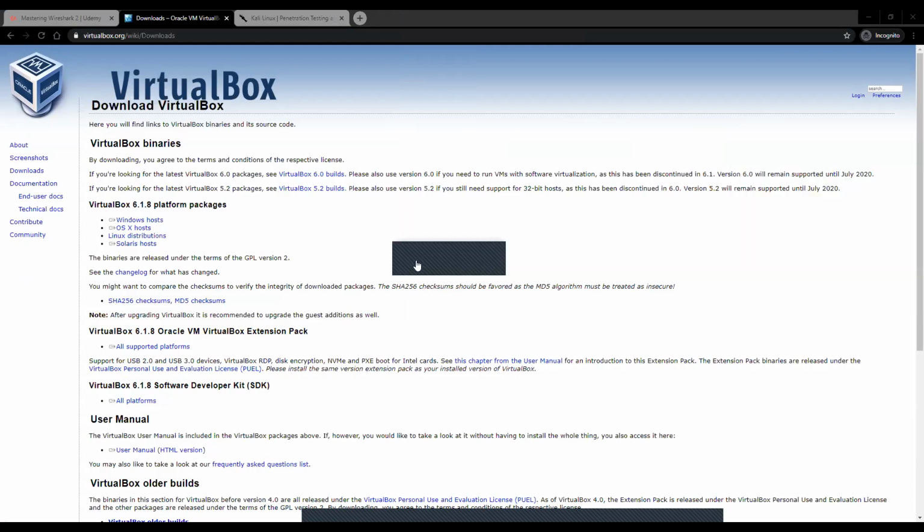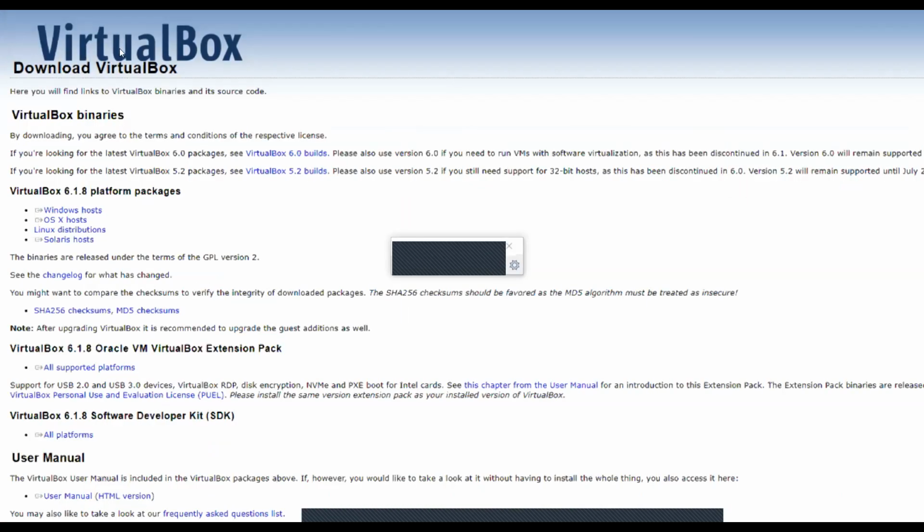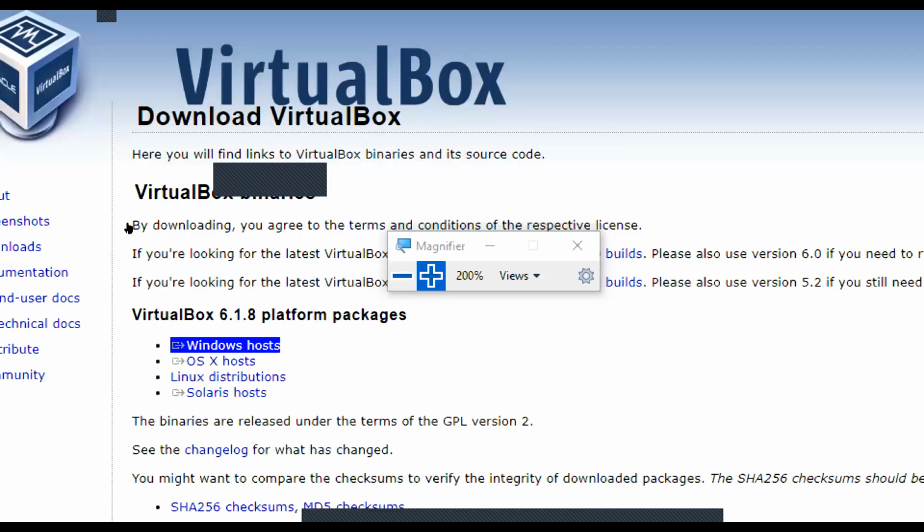I'll mute it. Okay, so in virtualbox.org you are able to see Windows hosts over here. The base platform is Windows. I'm using a Windows machine, so I'll click on Windows hosts.